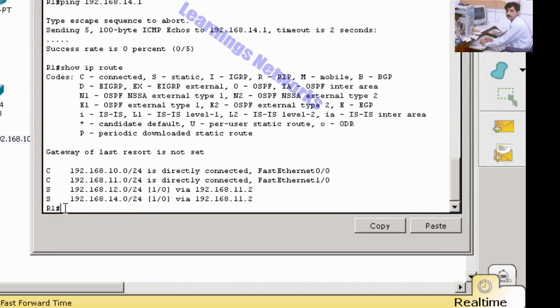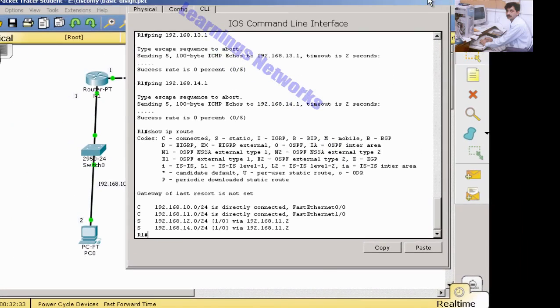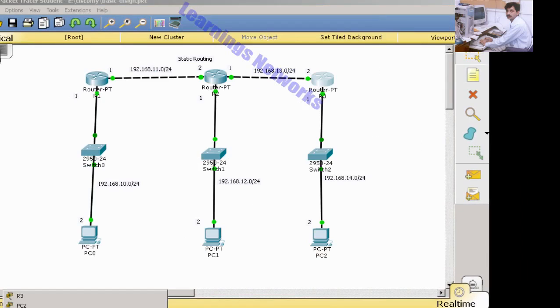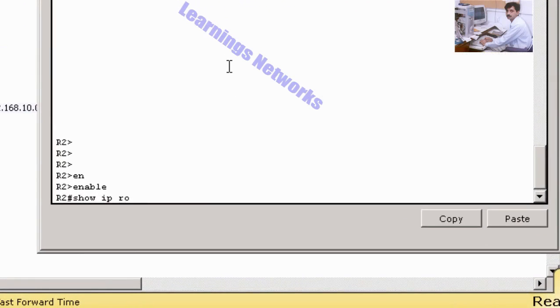In R1, 13.0 is not in the routing table of R1. What happened in the routing table of R2? Show IP route.